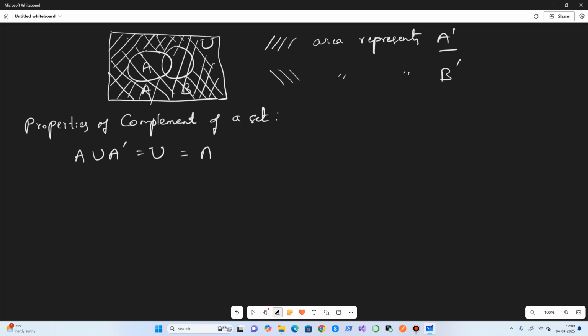It is the same as A complement union A, because union is commutative. So either you do A with A complement or A complement with A, you will get the same answer, the universal set. The next one is A intersection A dash, where A dash is the complement of A. So A and A complement are complementary. It means there are no common elements, so it has to be a null set. It is the same as A complement intersection A.